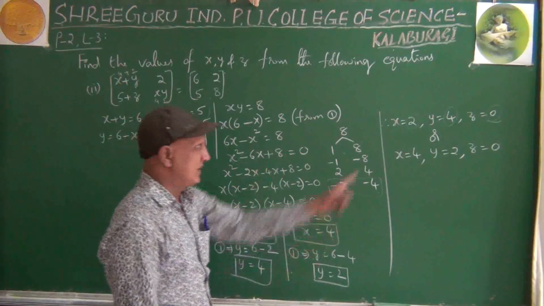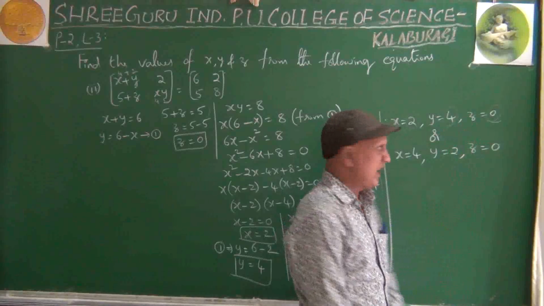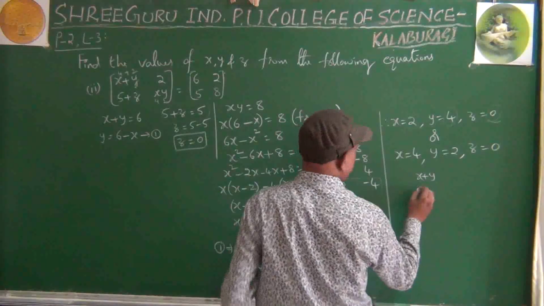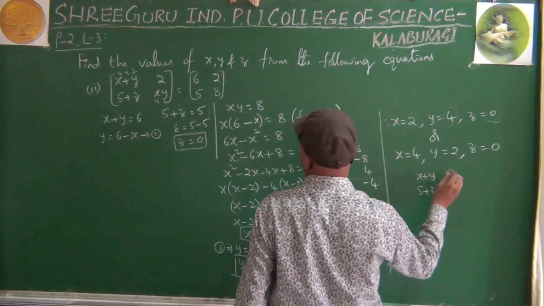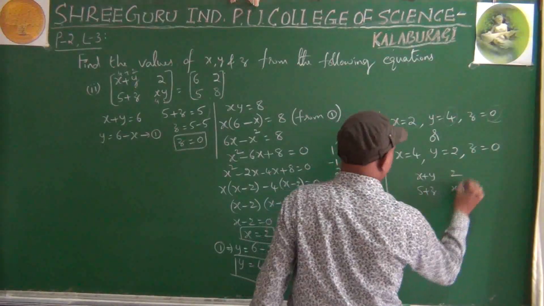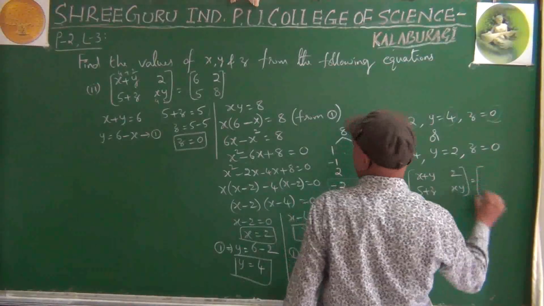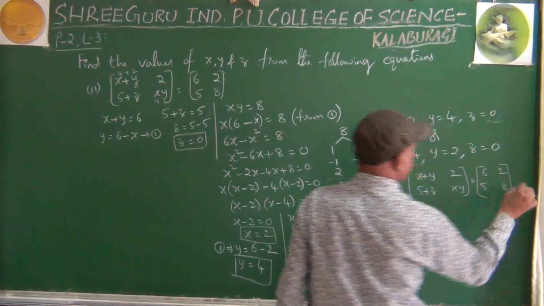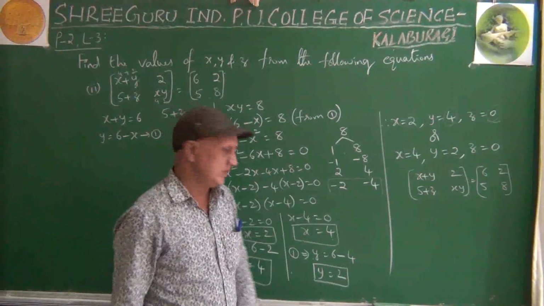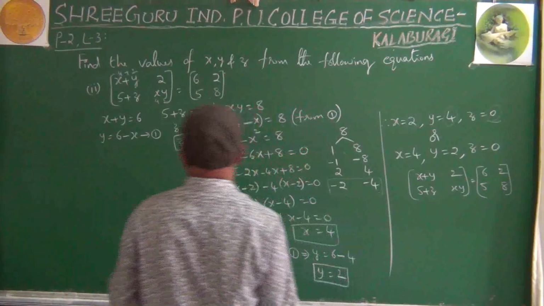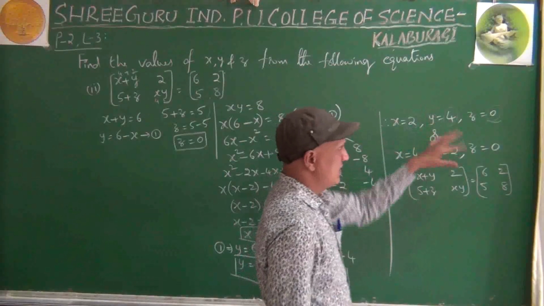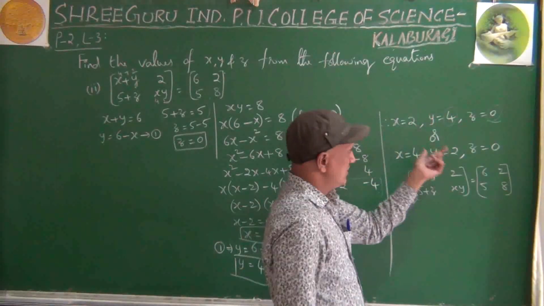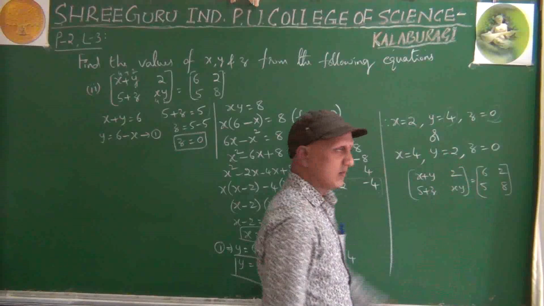At one place it will come. I will keep this value as it is. Otherwise I will write the question also, for better understanding of that coming question. Why? Because that question will come after some time, not immediately. At that time it will be easy for you. Okay, right. Now let us see the question. So this is the question, that is the answer. For understanding the next coming question, I kept these answers as they are.